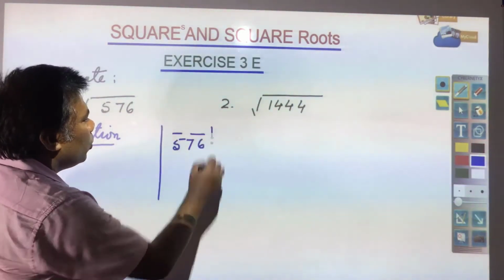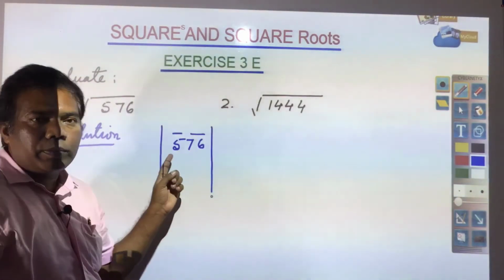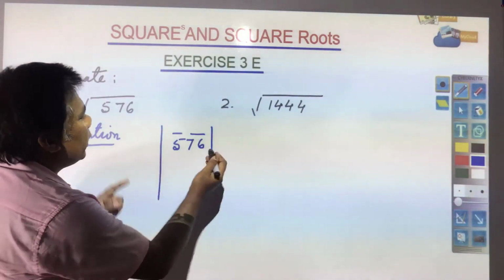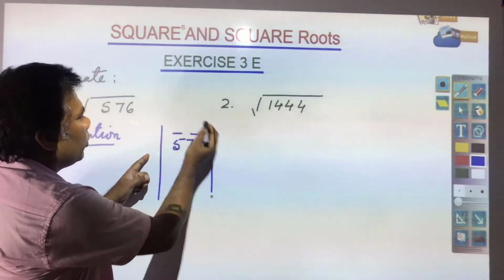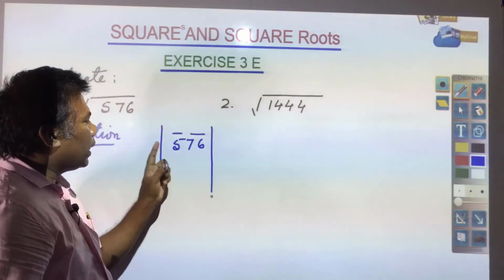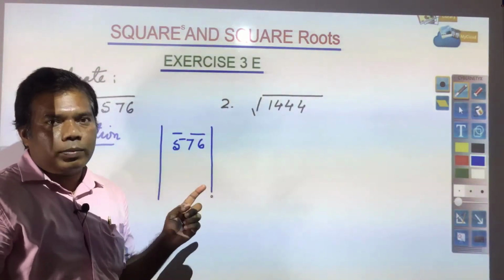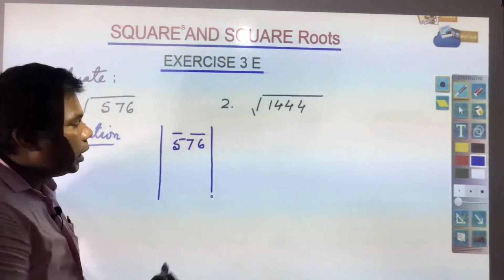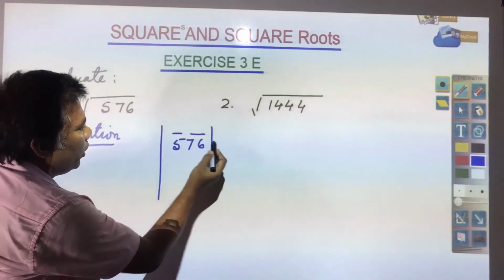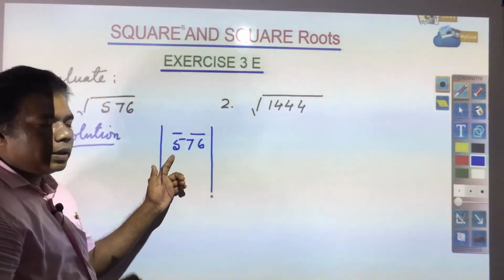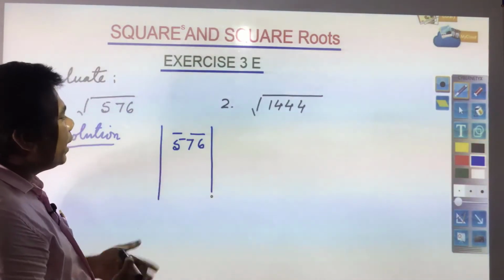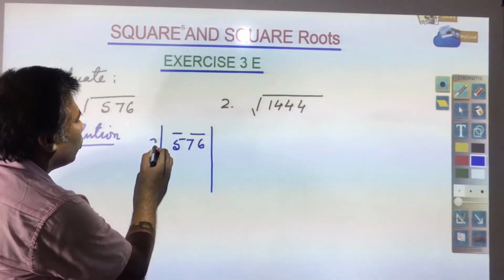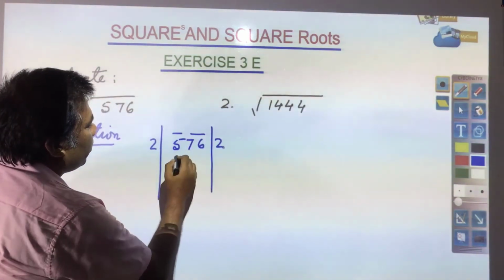Now, what we need to do? We should start with the first period. We need to see by which number it is required to be divided. So, this should be written in place of divisor and quotient, and if you are multiplying the same number, you should get either the first period or about the first period. Suppose you see 1 times 1, it will be very less. 2 times 2 is 4, this is close to 5. If 3 times 3 is 9, it will be bigger. So, that is why we will take 2, 2 times 2 is 4.